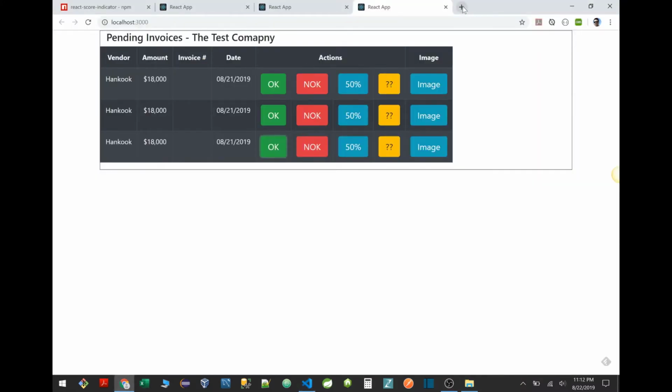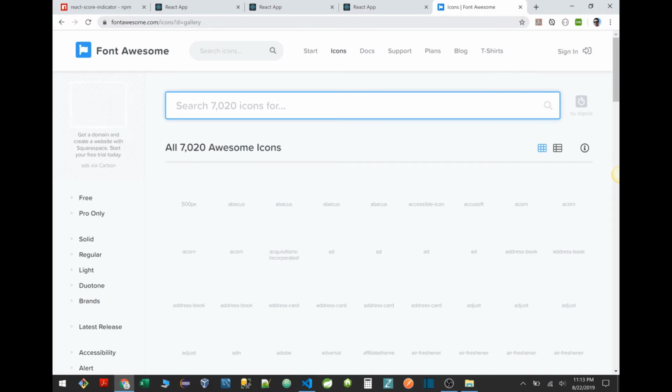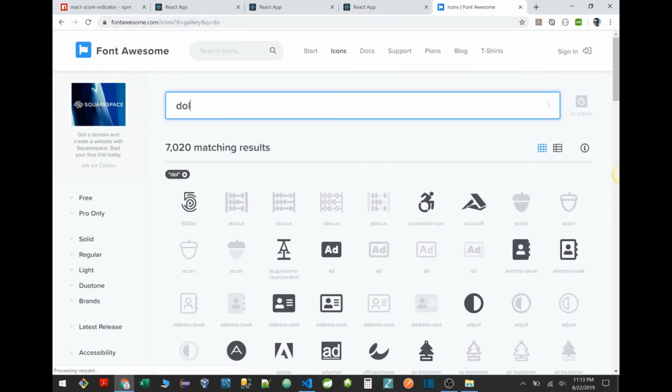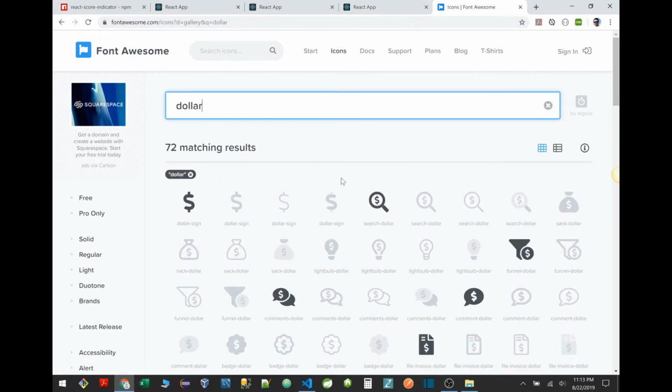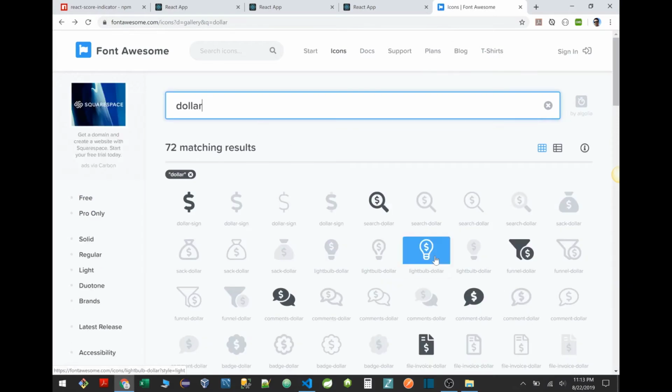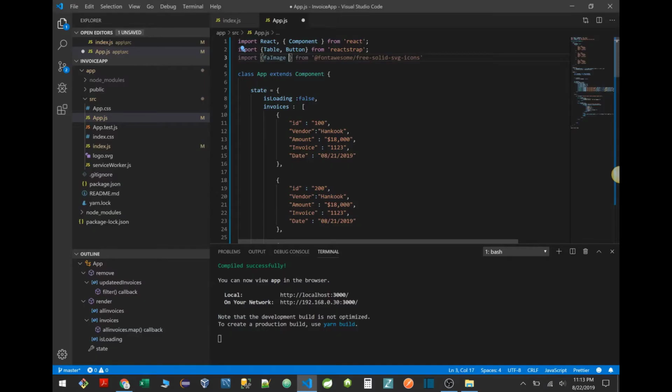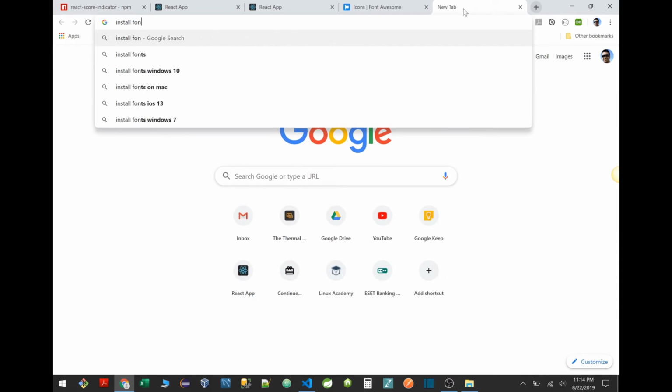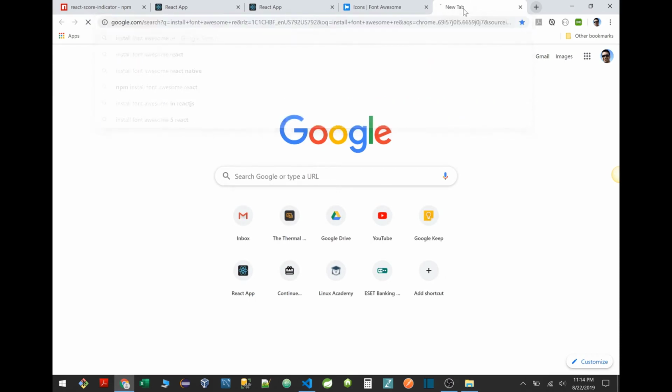You just simply go here, and once you go there, you can see all the icons. For example, I can search for dollar, right? And for dollar sign, let's see what we have here. Let's say we want to add this icon, and we already saw the name. It was dollar. There it is, search-dollar. Install Font Awesome React, and